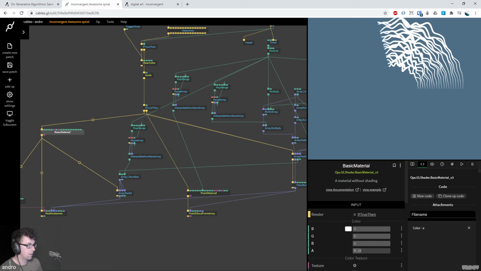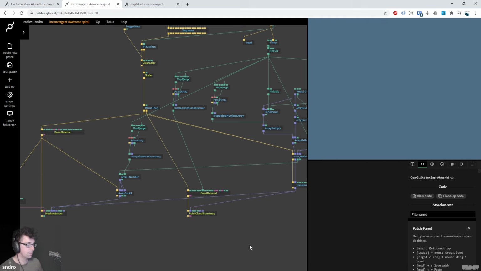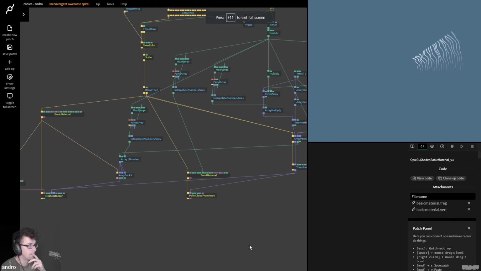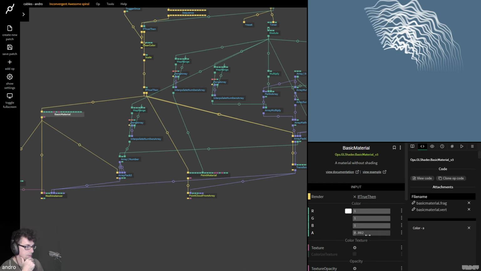Let's lower the alpha, right? So we get more of this faded look. And let's see how it's going to look now when we do it, because they're going to go over each other, right? And this is still way too much, but I mean, when it's going to go for another pass, I mean, we could even do something like,